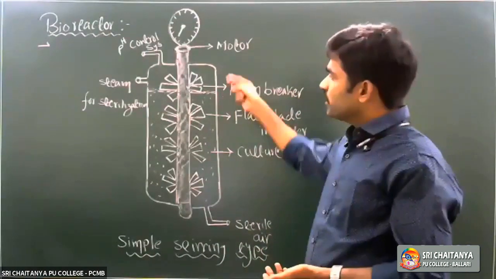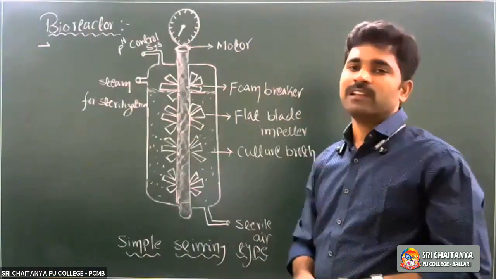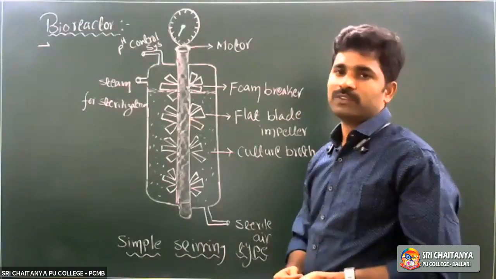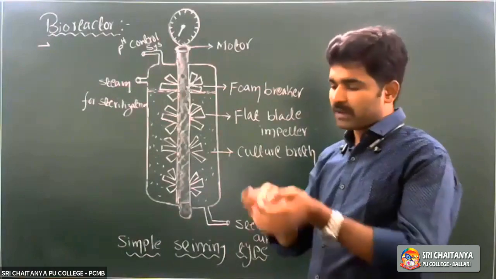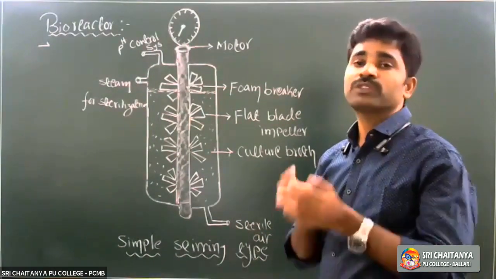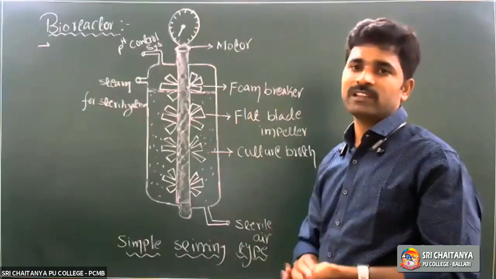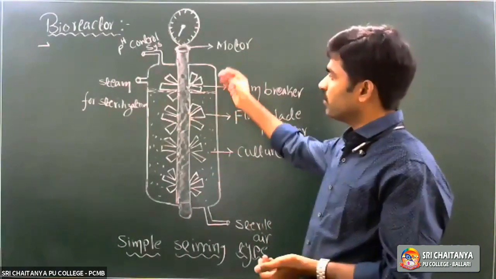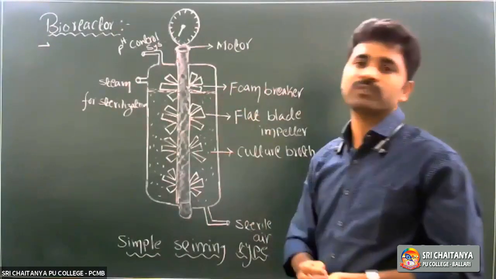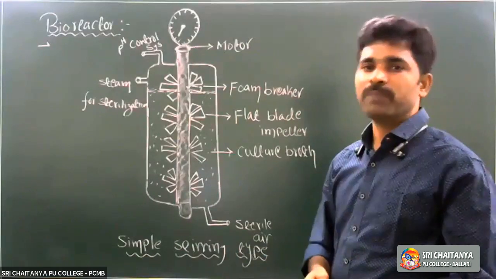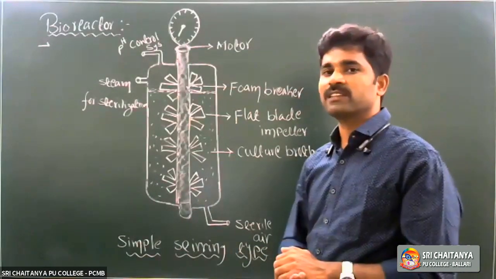See, in optimum conditions, those bacterial cells undergo continuous binary fission. So rapidly in optimum conditions, they replicate and form around 1,000 liters of bacterial cells. Right. So in one day, otherwise after 24 hours, what will happen? That entire 1,000 liters of raw material is gradually converted into 1,000 liters of bacterial cells. Which type of bacterial cells here?